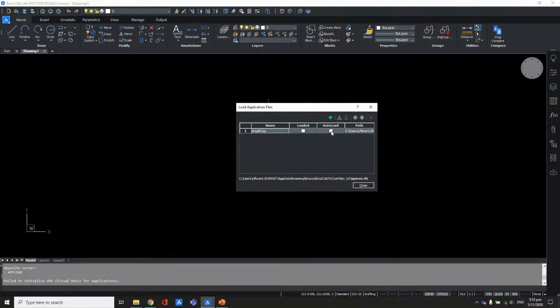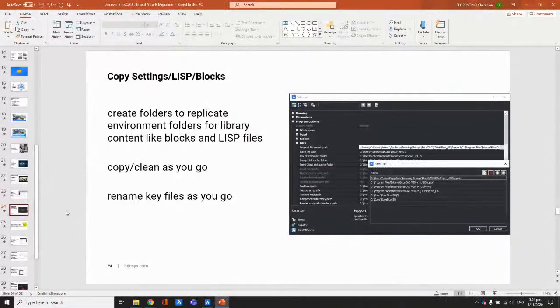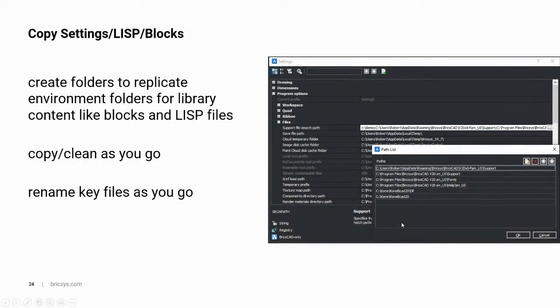And you might want to auto load that. Tick the auto load, so it will be available every time you boot up BricsCAD. So just close it, and that's there. Of course, if you want to delete it, that's also fine. You can easily delete that as well. So we've covered this. We've covered DWTs. We've covered DSTs. The next one would be